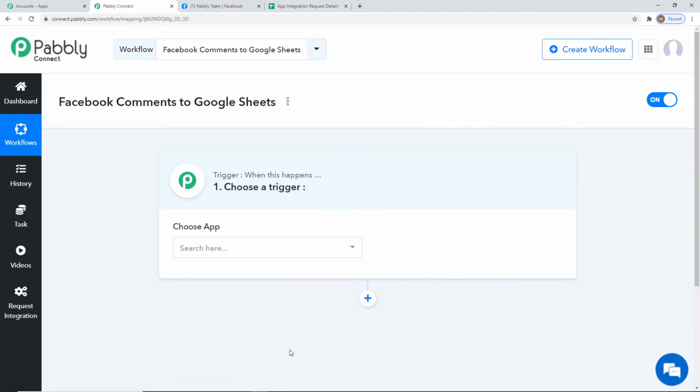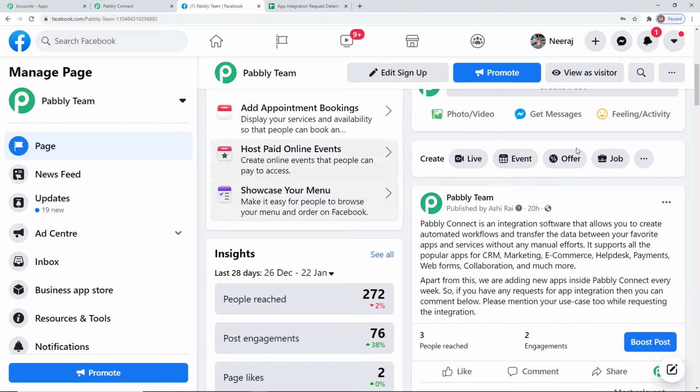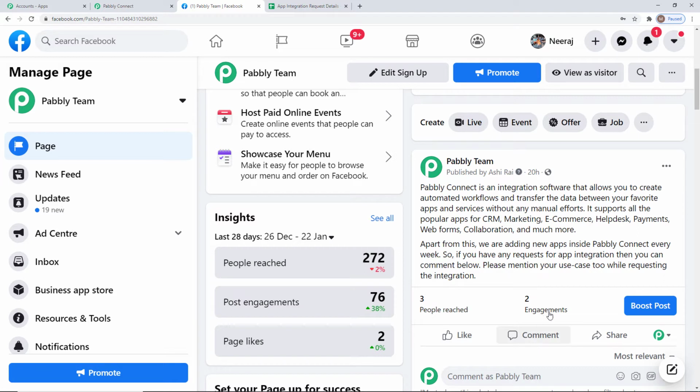Before starting to work on this workflow, let me explain the use case properly. The use case is very useful when you want to save the details or information that comes in Facebook post comments. For example, I have created this post over here on my page, and I want people to comment about their demands of particular workflows. People can easily write about what integration they want in the comments, and what I want is that these details should be stored properly in Google Sheets as new rows, so that my team can easily understand the demand and then provide them with those videos or integrations.